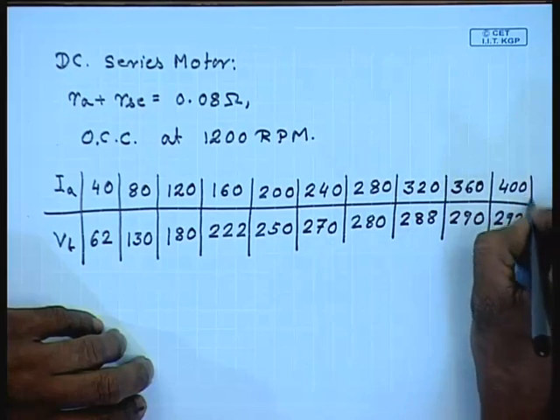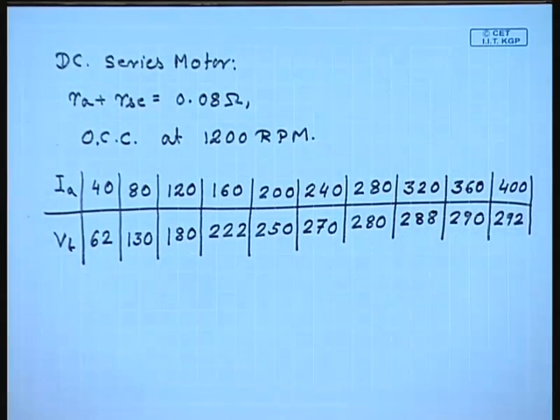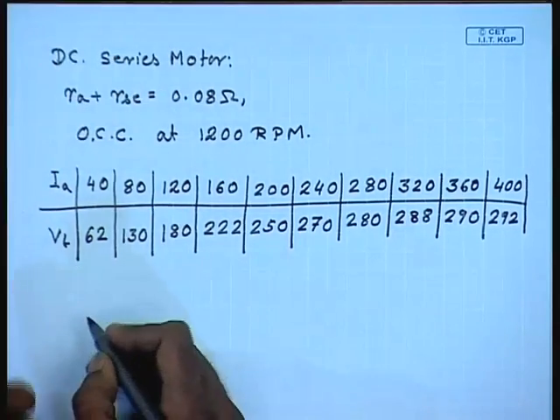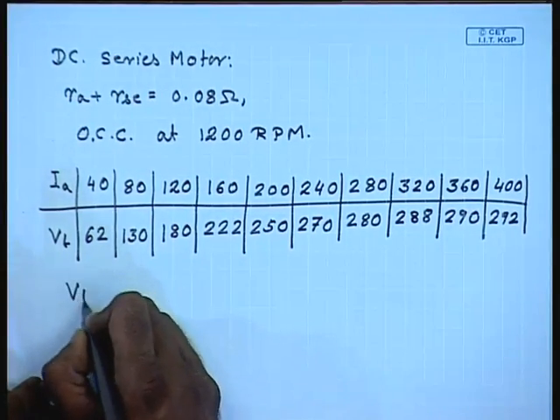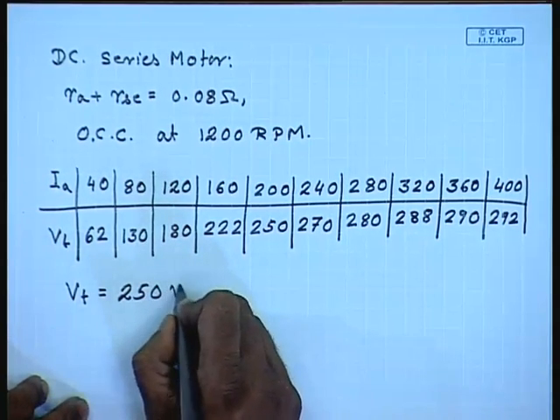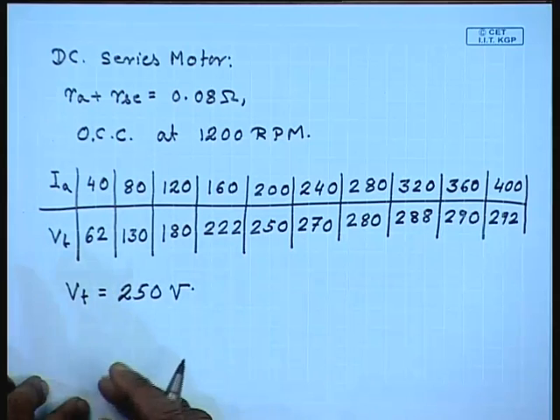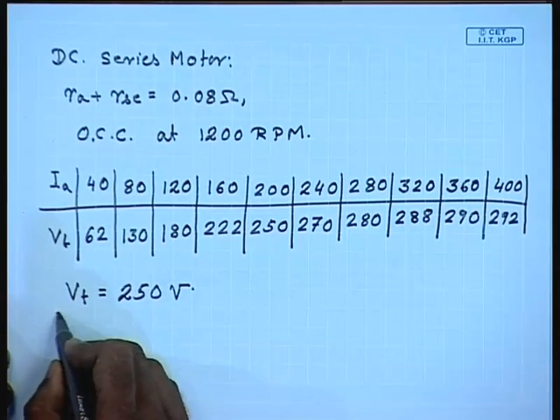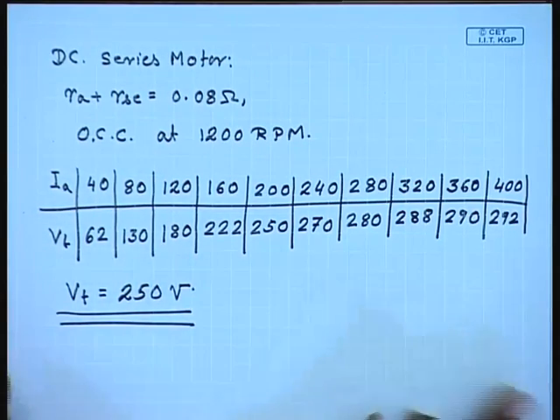To 92 volts. Suppose this is connected to a voltage source of 250 volts. How do I find out the torque speed characteristics of this machine from the given data? For that,